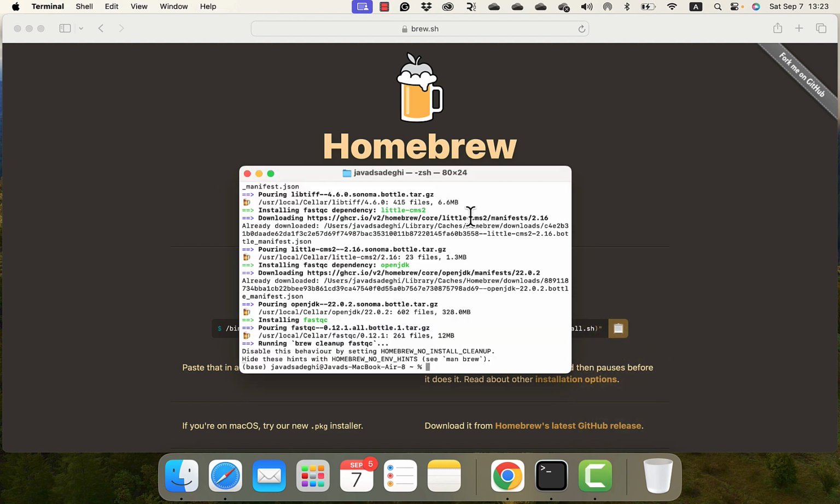Okay, after running the brew install fastqc command, it took about 5 minutes. Now that fastqc is installed, let's give it a test. So you can type fastqc --help